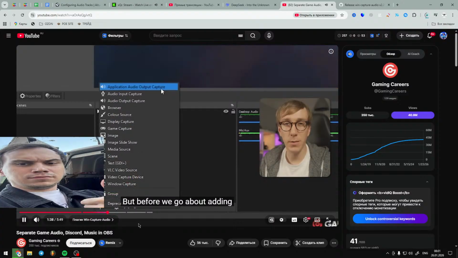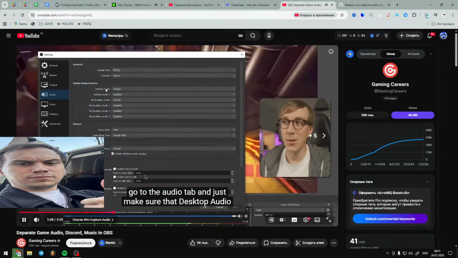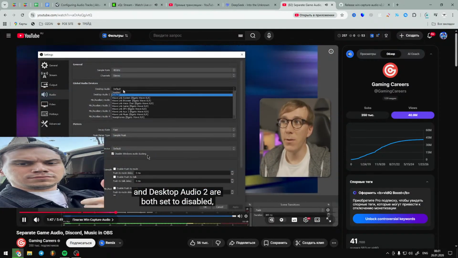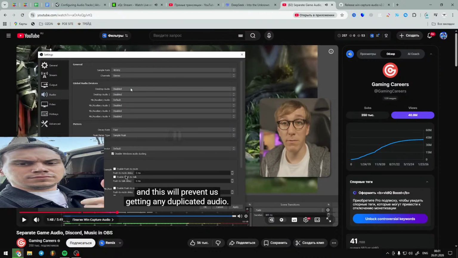Just make sure that desktop audio and desktop audio 2 are both set to disabled,